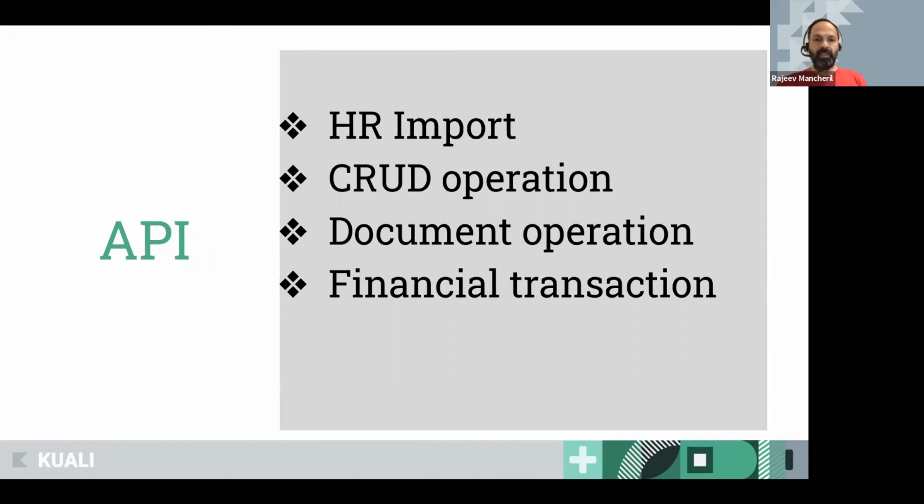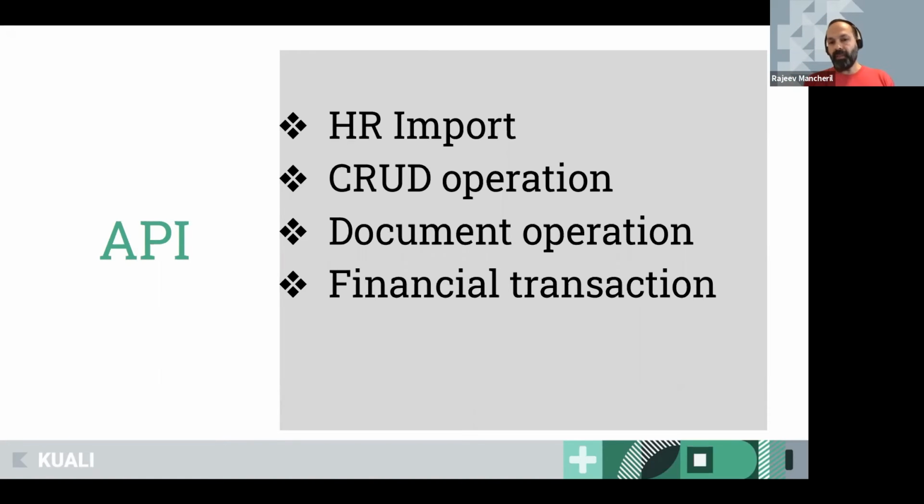The second one is the CRUD operation, basically like your SQL select statement, like all your SQL operations, wherein you can create, read, update, and delete any of the records. It's tied to the business object, which is mapped to the underlying tables.